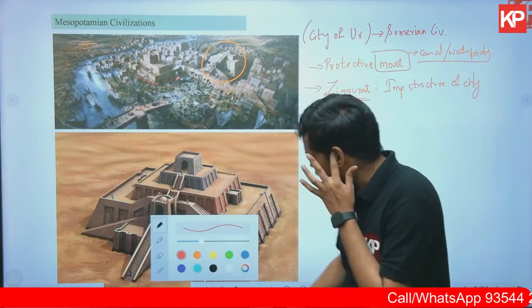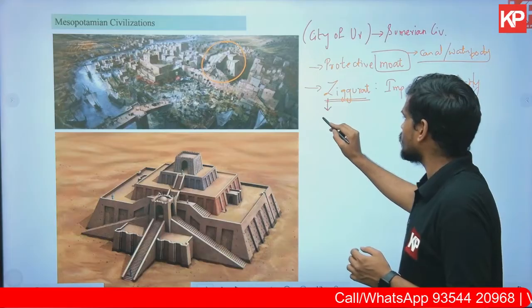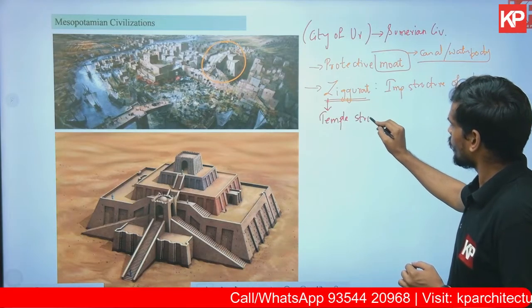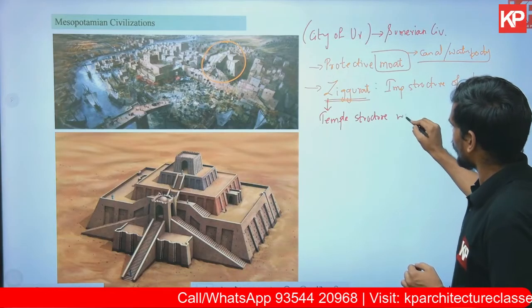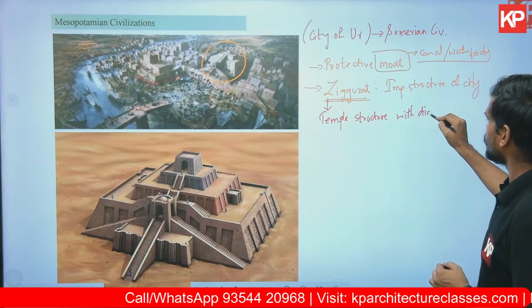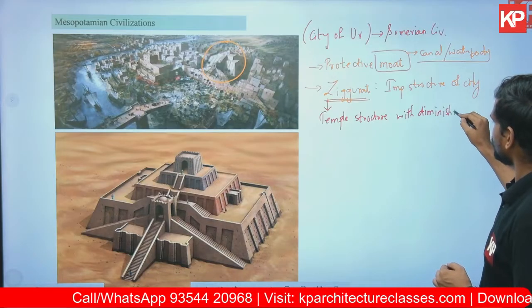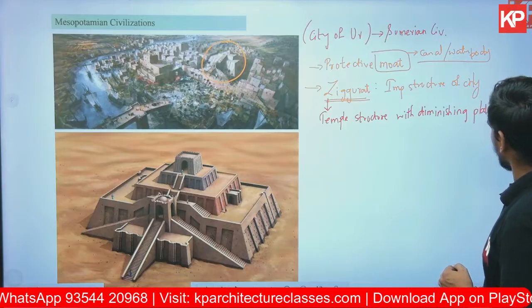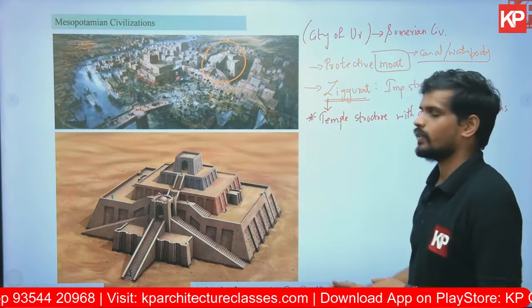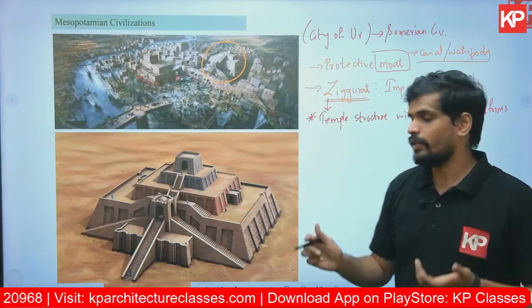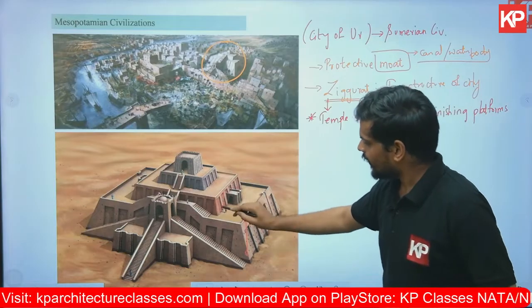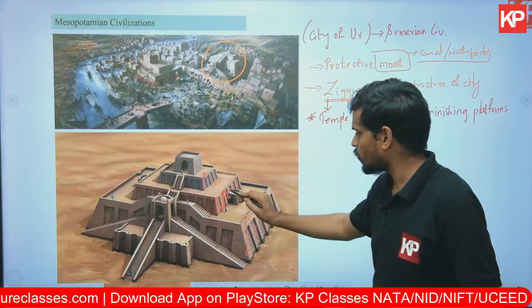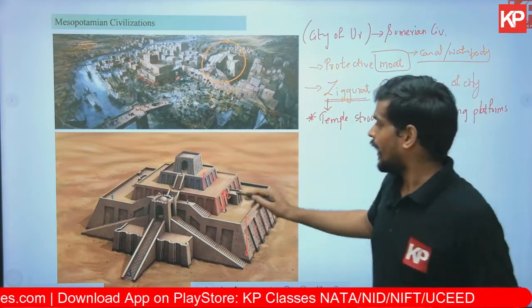This is a zoomed in picture or reconstructed image of how a ziggurat would have looked originally. Starting with the details of ziggurat, the purpose of it. Ziggurat is a temple structure with diminishing platforms. What is the meaning of diminishing platforms? That is point number one. Diminishing platforms as in a series of platforms. You can see the first platform, a second platform over it, a third platform over it. So there are three platforms here, one above the other,